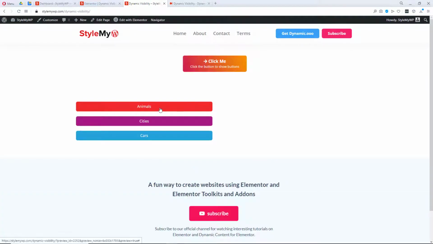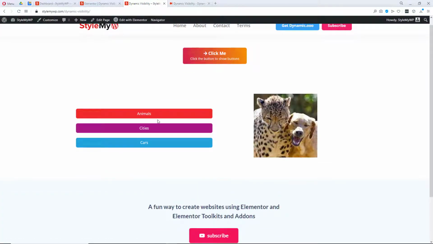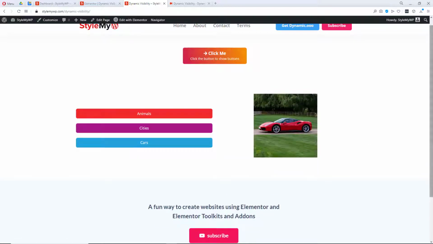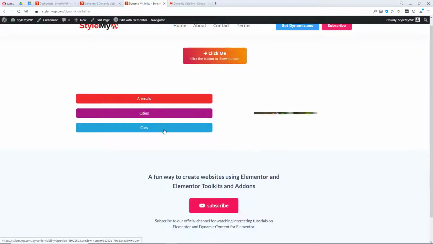Okay, so here it is. When I click on animals, the photo will appear. When I click on cities, the photo of cities will appear, and when I click on cars, the image of the car will appear. So this is how this animation would work.